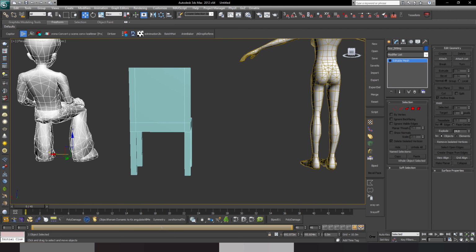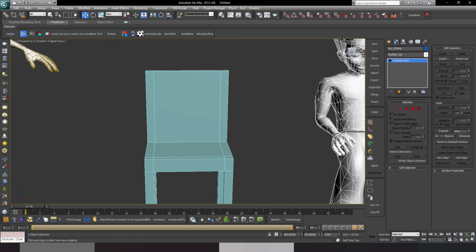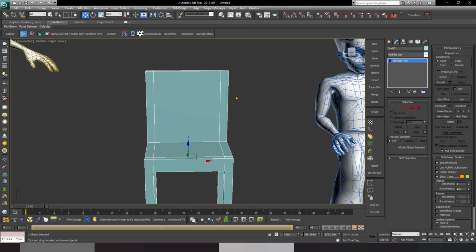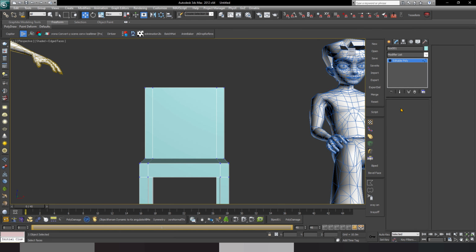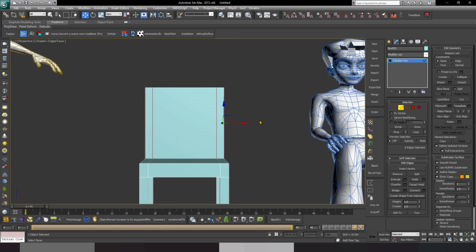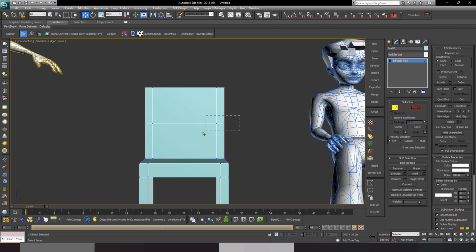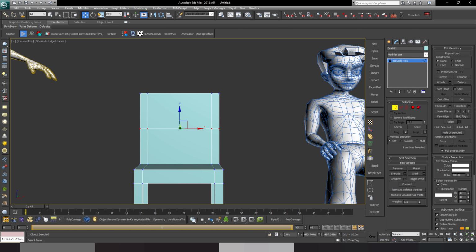So we have done this chair already, but we need to do a little bit of touches here. So I'm gonna go ahead and back to this again. Go into vertices. I need to give this a little bit of kind of personality. So I'm gonna left click and cross the lines again and go into connect mode. And instead of two lines, I'm gonna just do one and set this to 0 by right clicking it. And back to vertices again. And I'm selecting, left click over these two vertices and then hold control again, left click and let go of the control. Now I will go into the scale,